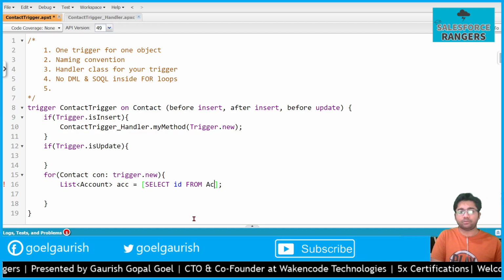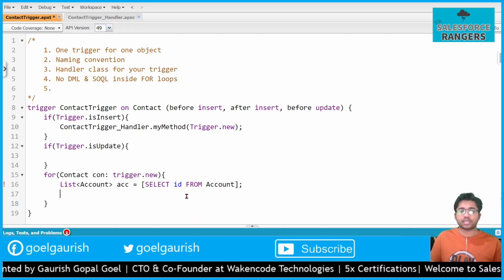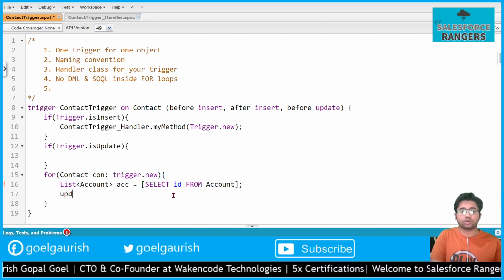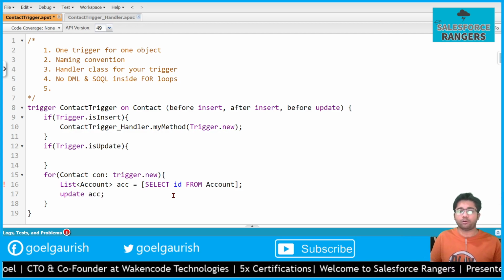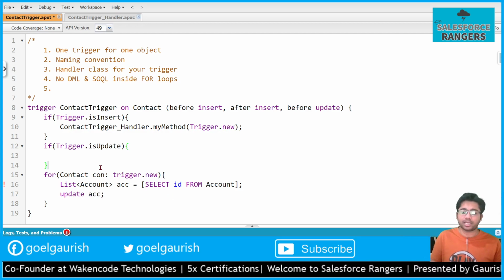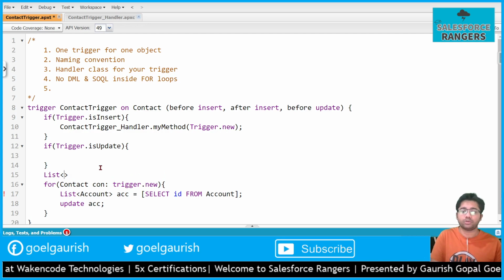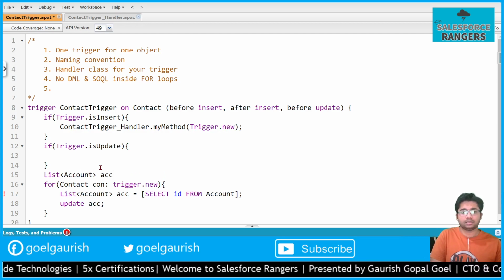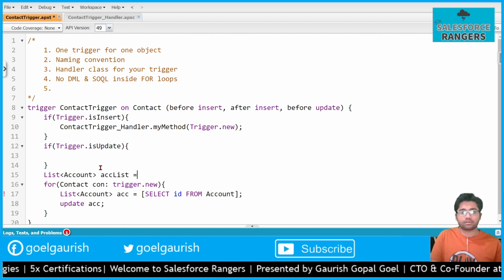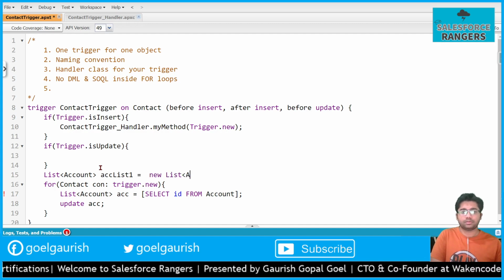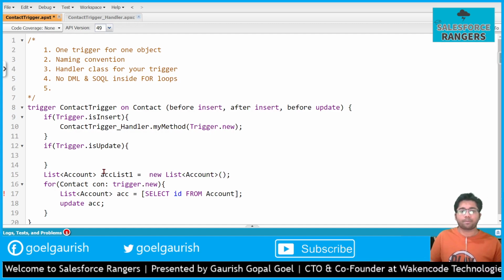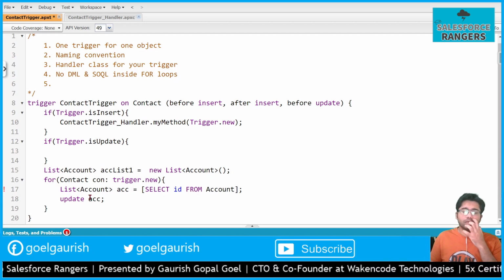For example, I am doing a query on account inside this, then I should not write update acc in the for loop. Rather, I should create a list. I should declare a list outside my for loop like this. This is just a hypothetical scenario.